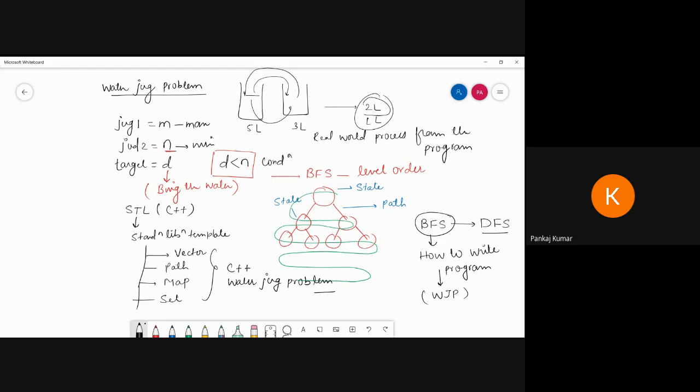So here, these are called states. Here we are not using the name node. In the place of node, we are going to use a state.